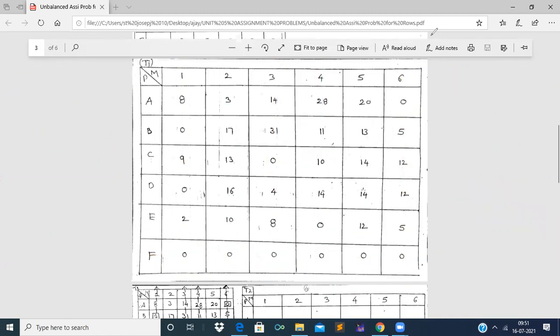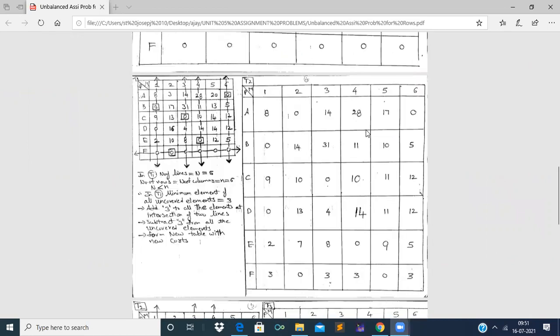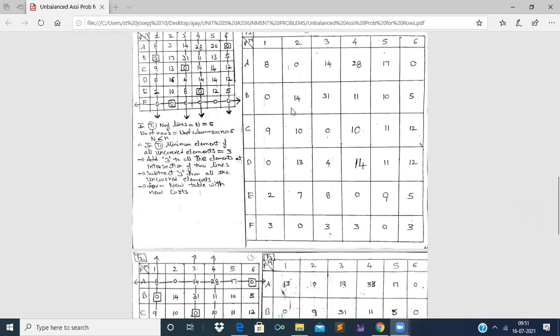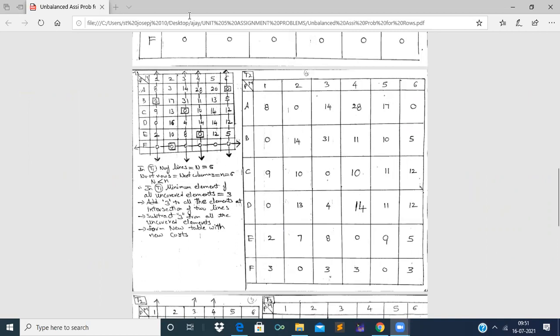T2. Now, see here, the table which is at this corner is T1. It is T1 which we have kept for reference, right? And it is T2. We have formed a new table, right? So see here, all the elements in the first column are underlined. Therefore, we have written them as they are: 8, 0, 9, 0, 2, 3, right? Why we have written 3 is we are adding 3 to this 0, right?